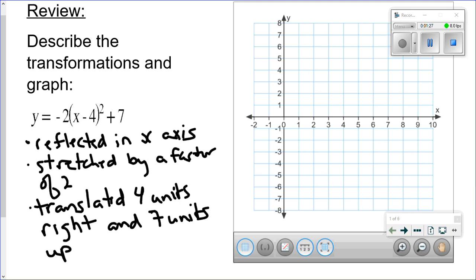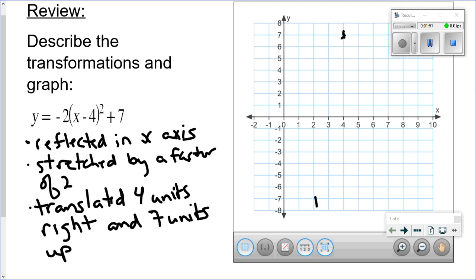I tend to put those two together because I really don't like writing out that word translated over and over and over again. It's such a long and boring word. Now, putting it into practice. Our vertex is at 4, 7. So we put a little graph there. Wow, that is a horrible vertex. Our A value is 2, so it means we're going